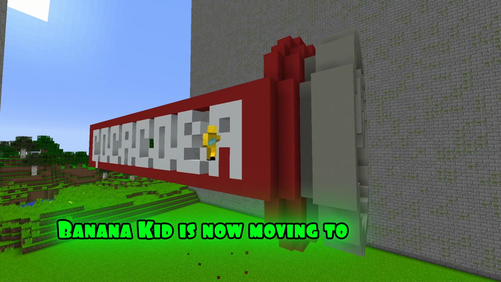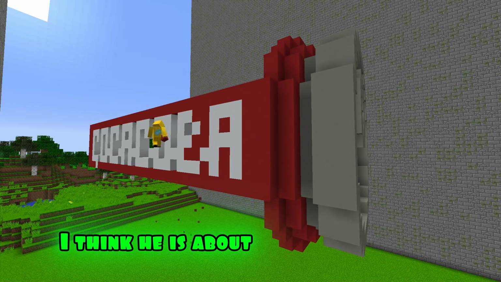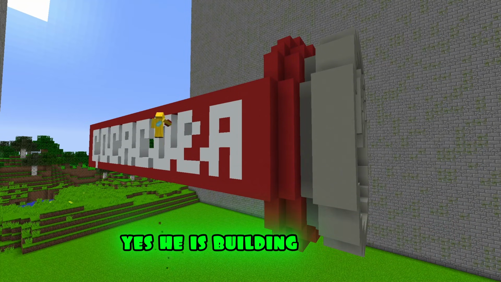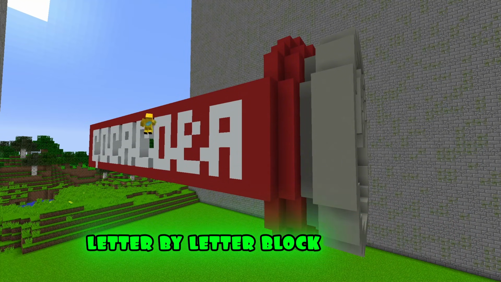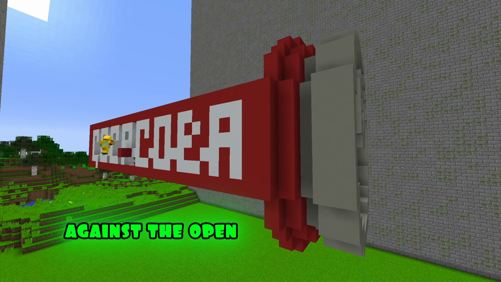Banana Kid is now moving to the left side of the can. He has white concrete in his hand. I think he is about to write the logo. Yes, he is building letters. Letter by letter, block by block, he is spelling out Coca Cola in white concrete against the open framework of